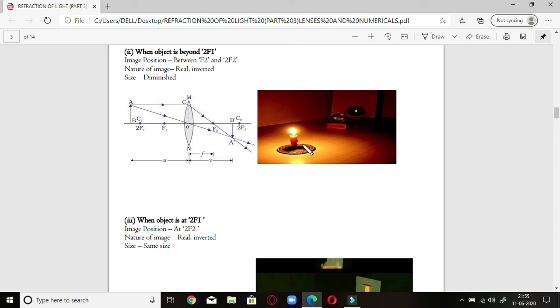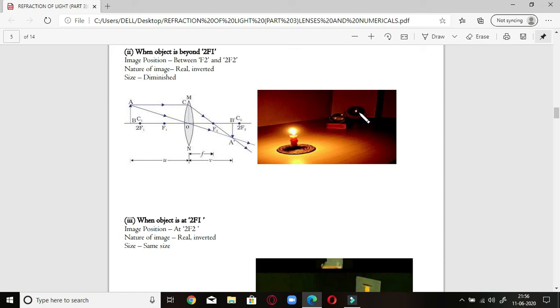Okay, now look at this diagram where I have placed an object candle. On the left hand side, this is a convex lens placed, and this is a place where the image will be formed, will be obtained. Now look at the image, size of the candle, that is very small, and the image is real and inverted in this case. Okay, so this distance is quite large, of course it is beyond 2f1. The distance between lens and the object is beyond 2f1. So image formed will be real, inverted, and small in size.